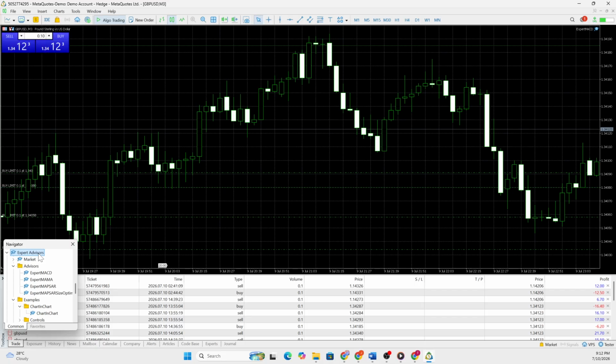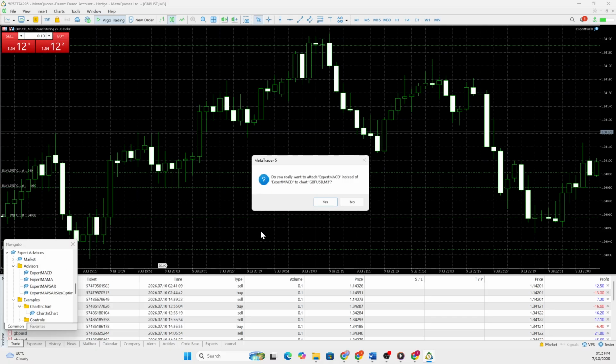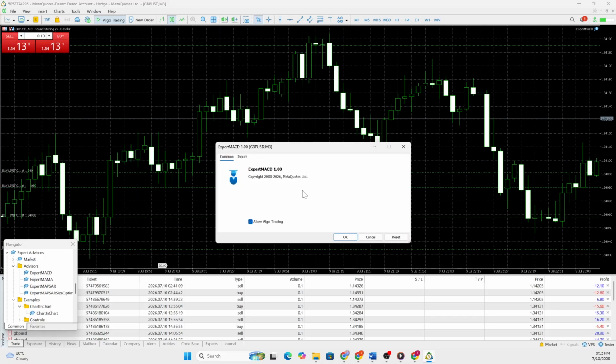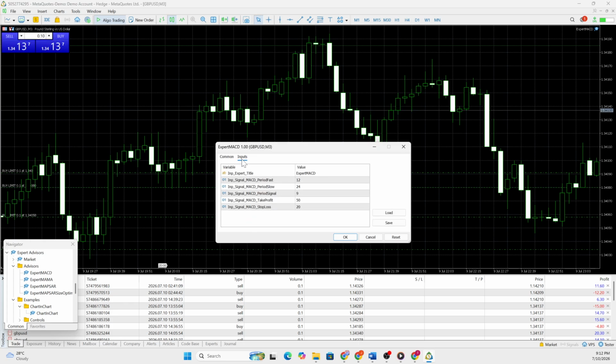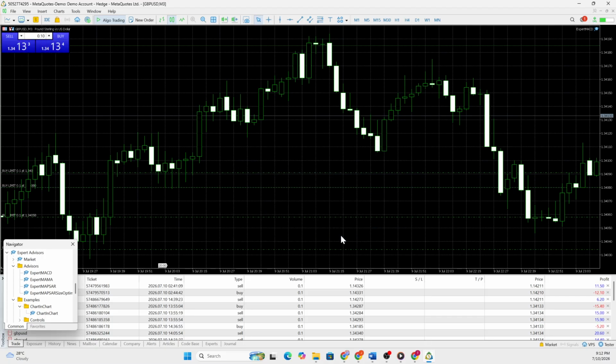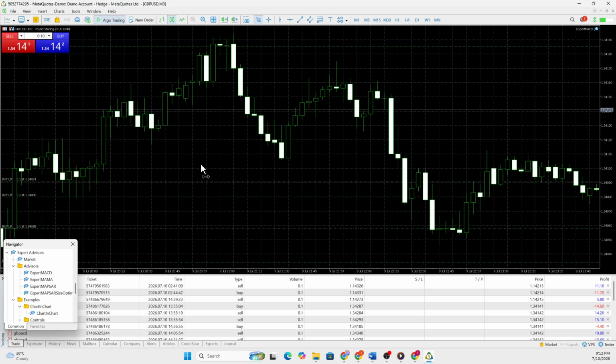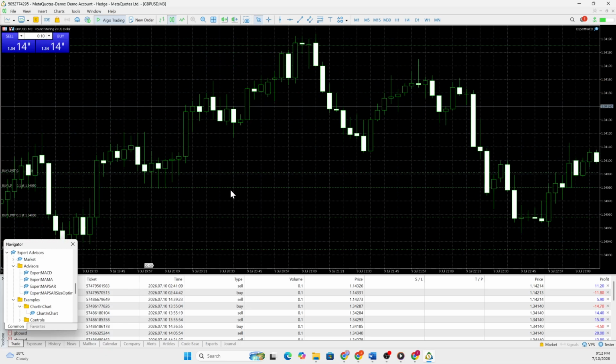Go to the Common tab. Inside the Common settings, you'll again see the option to allow auto trading. Check that box. If there is also a second checkbox that allows the modification of trades, check that one as well. After selecting the required options, click OK to save the changes. Once these settings have been applied, the expert advisor will have permission to use auto trading on your MetaTrader 5 platform. If your expert advisor wasn't working before, because those permissions were disabled, enabling these options should allow it to